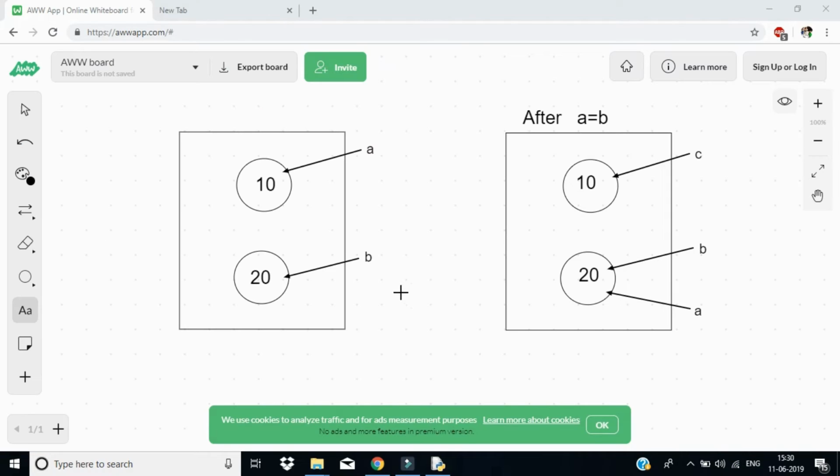Let me show you that with an example here diagrammatically. Again, like last time, we have a variable a here with a value 10 and a variable b with 20, and after a equals b, the reference a will be pointing to b's location, and this will be left idle. And if I have a third variable, say c equal to 10, it will come back and point to the same hanging space. This is what we just saw there, and that's it.